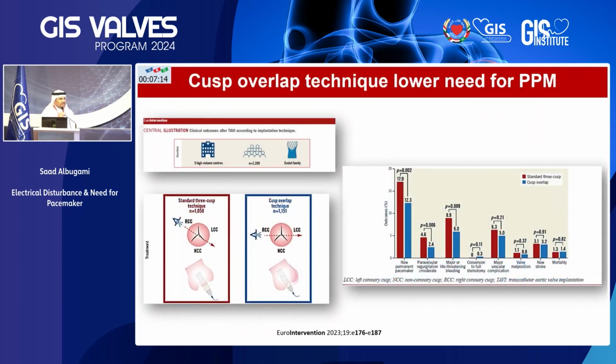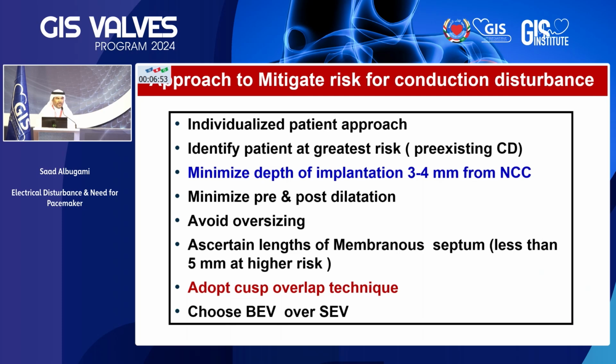Another unique technique is adoption of cusp overlap when you're using a self-expandable valve. This is a study from Europe that included more than a thousand patients. They showed that adopting cusp overlap lowers the pacemaker rate significantly compared with other techniques using the self-expandable valve. So your approach to lowering the incidence should be individualized, understanding the patient's anatomy and identifying the patient